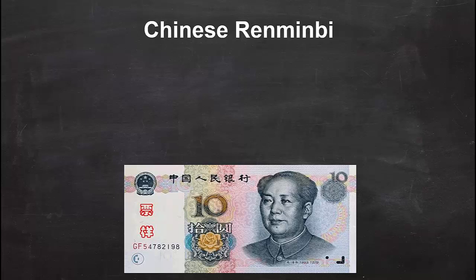At no point in the history of my understanding of currencies have I seen a currency rise in such a short time frame, because prior to 2010, there was none of this. The Chinese currency never backed their own currency, always backed the euro or the dollar. But in 2010, there was a change in the Chinese mentality from a monetary policy standpoint, and now they're becoming a massive